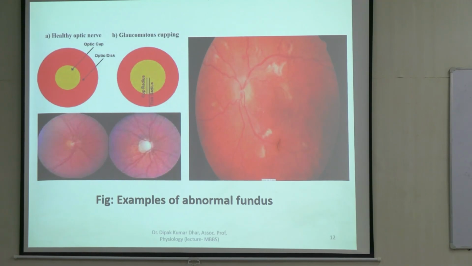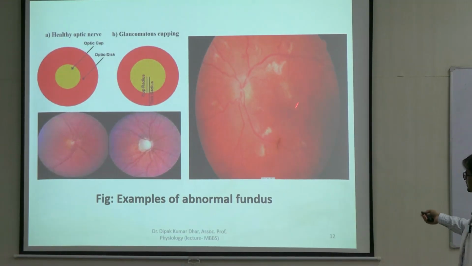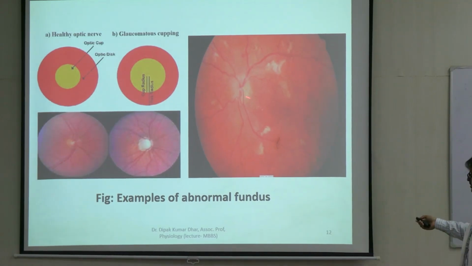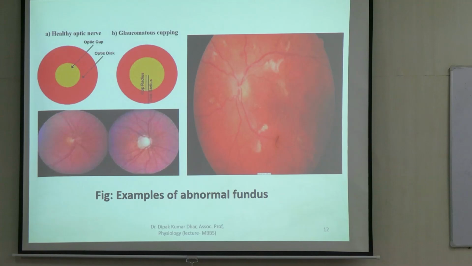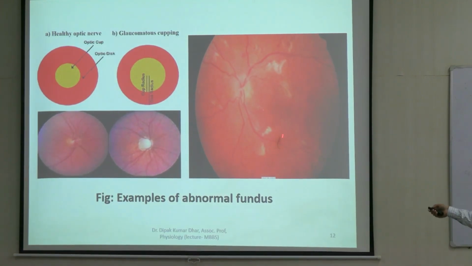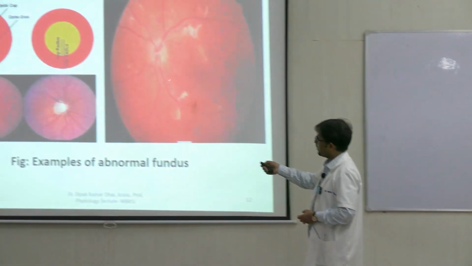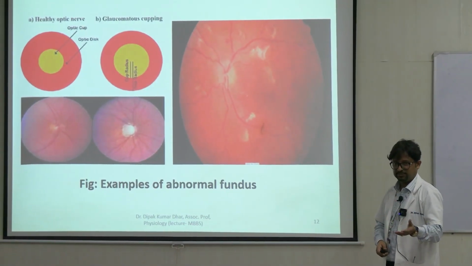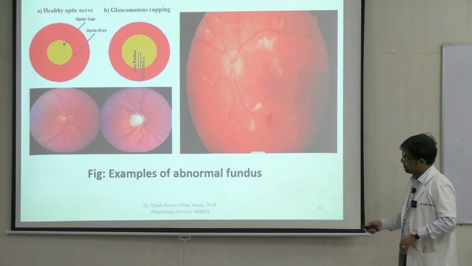Chronic diseases like diabetes. What you see here are hemorrhagic spots. So this is, which fundus can you guess? Left eye or right eye? This is the fundus of the left eye, right? These patches that you see are hemorrhagic spots. So this is a very obvious change, but even with that instrument, the ophthalmoscope, if you look, even finer changes can be detected and one can know what is the severity of the affliction.